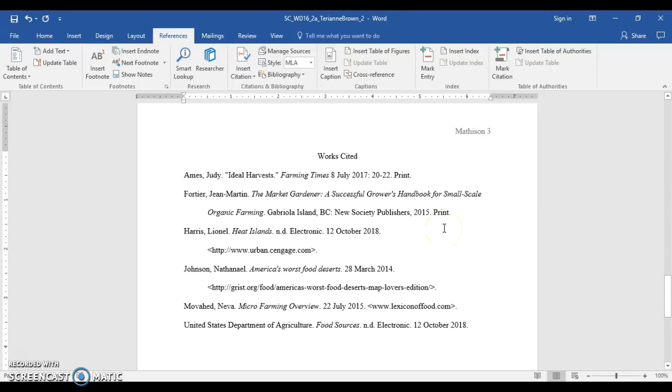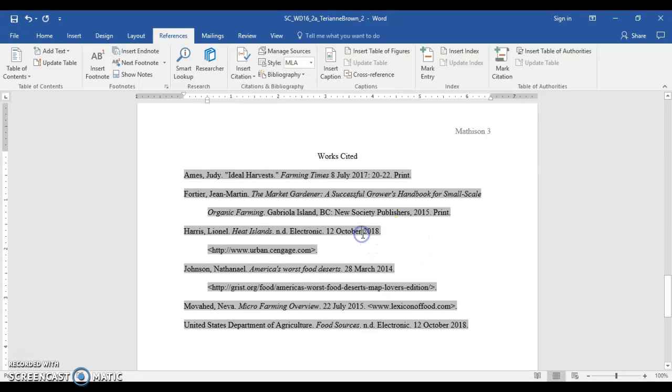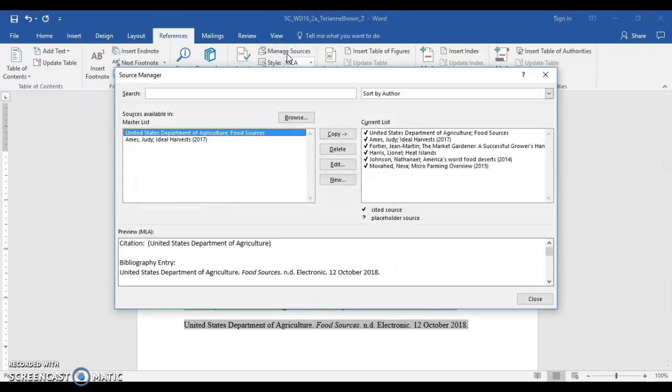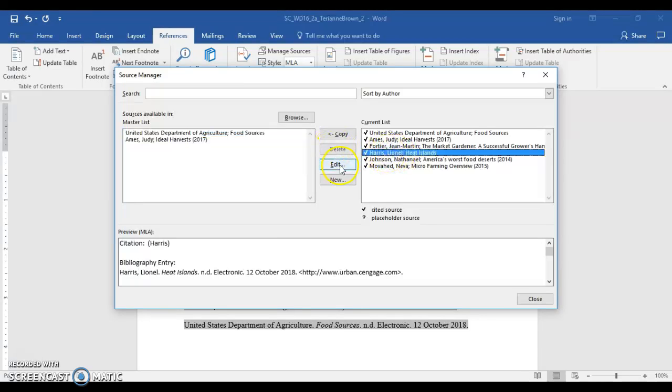Okay, next, number 18 says, after reviewing your bibliography, you notice the year is missing from the Harris source. Although I'm not sure why it says it, but we need to update it nonetheless. Okay, so we're going to find our Harris source and enter 2017 as the year. So we'll go up to your Manage Sources. Click on Harris, Edit,